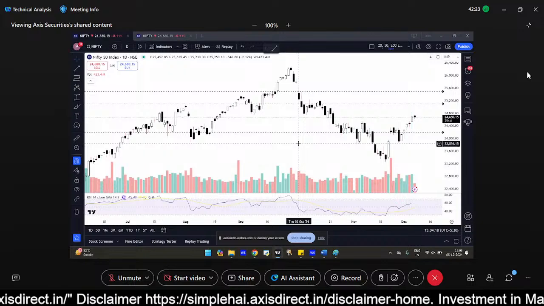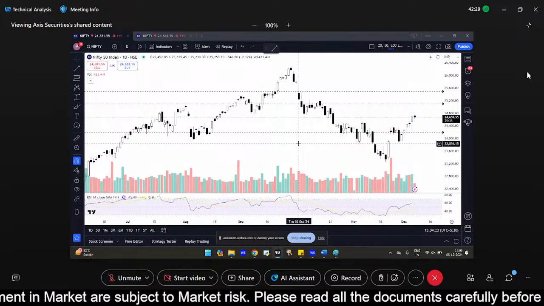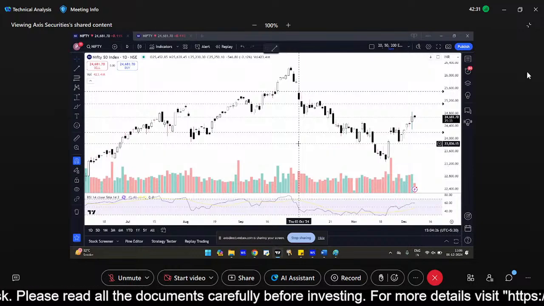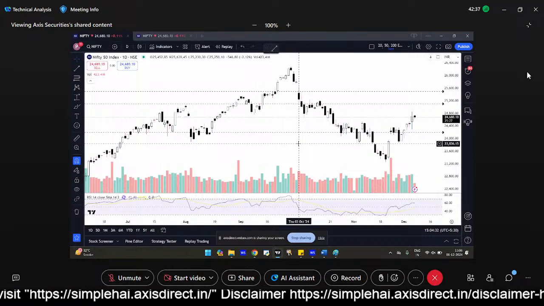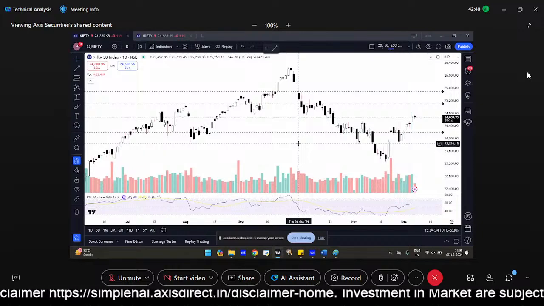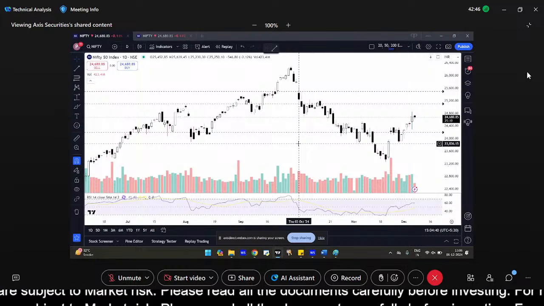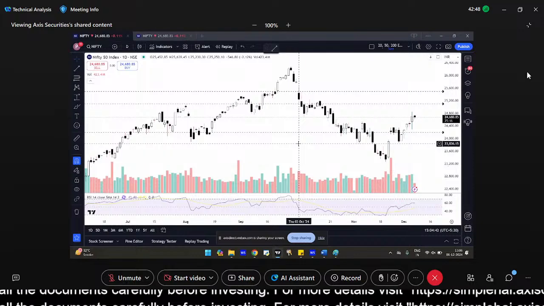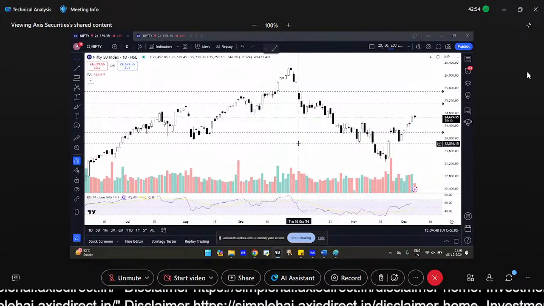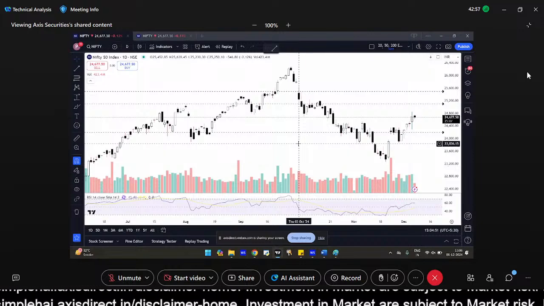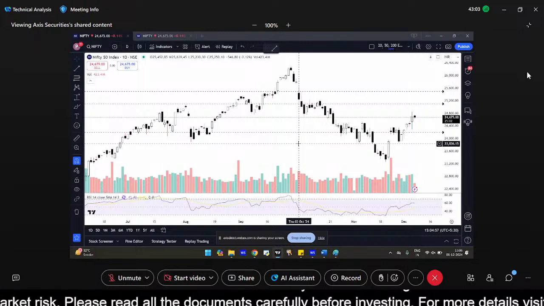Next week, Monday to Friday, we'll be releasing our concept of the day notifications. You will receive on your mobile phone what indicators are in technical analysis, or what support and resistance is, and then we'll bundle this up, and on Friday we'll take up an entire 30-minute webinar to throw more light in detail on that particular topic. Just like we sent technical analysis basics on Monday and Tuesday, then what bar charts are, what line charts are, and candlesticks will reach everyone by evening today. Similarly next week you will get notifications again. Do not miss those notifications, because there is a registration link where you can register.